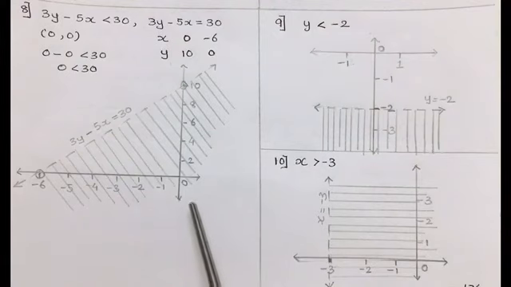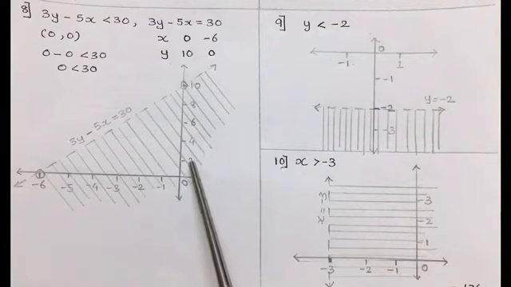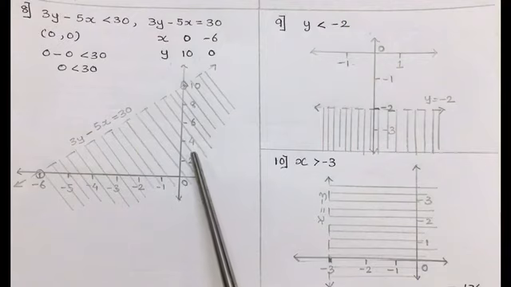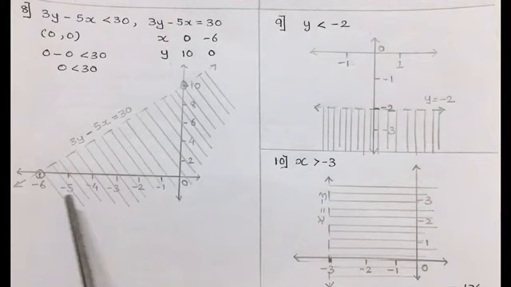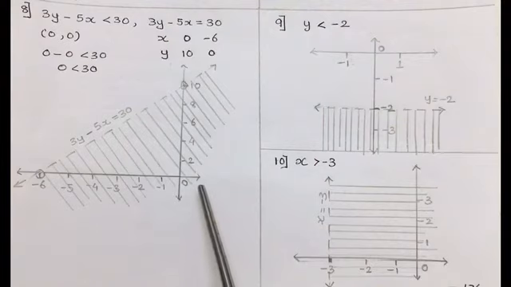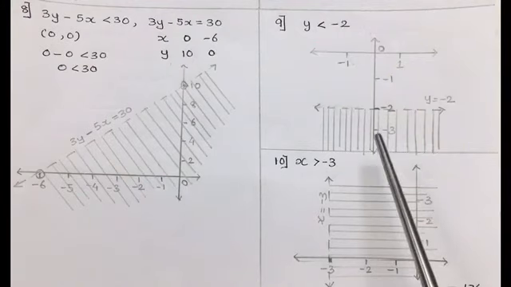Now the point arises, if the line is passing through 0, 0, that is from the origin, then we cannot take 0, 0 as a point. We have to select either the point from the y-axis or from the x-axis other than 0, 0. So this is how the points are to be taken up to decide which side is to be shaded.